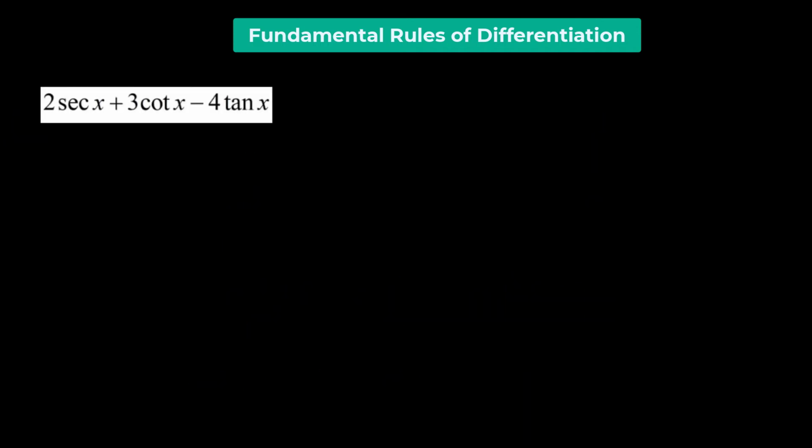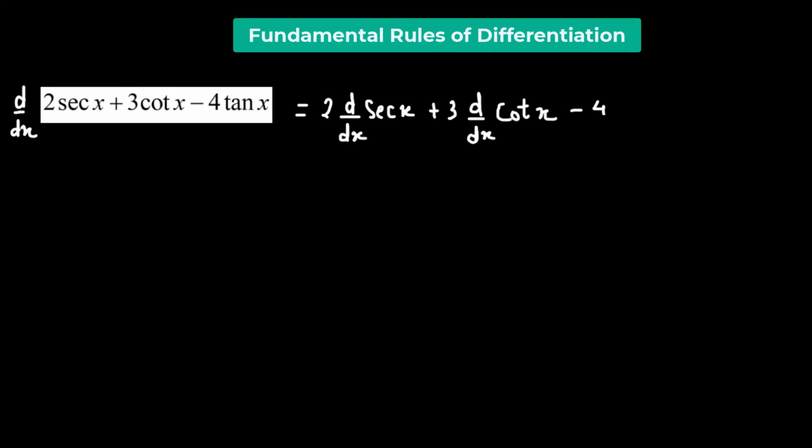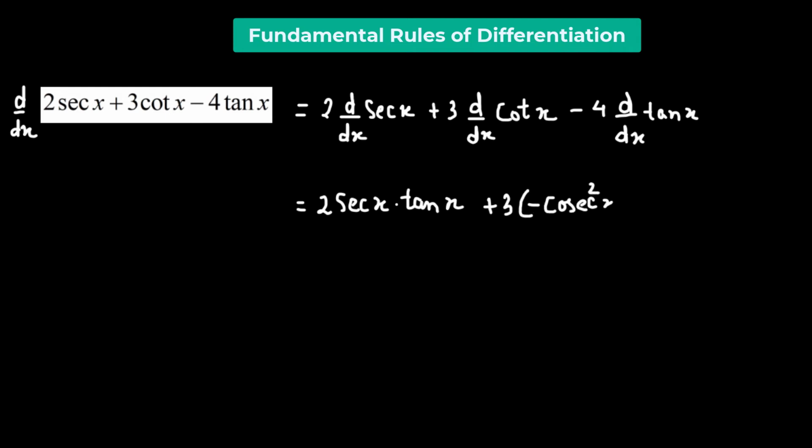So here we have to determine the derivative of the given function. Let's apply the derivative to each of the terms individually. So we have 2 times the derivative of secant of x, plus 3 times the derivative of cotangent of x, minus 4 times the derivative of the tangent function, which will be equal to 2 times the derivative of the secant function, which is secant x times tangent of x, plus 3 times the derivative of the cotangent function, which is negative cosecant squared x,